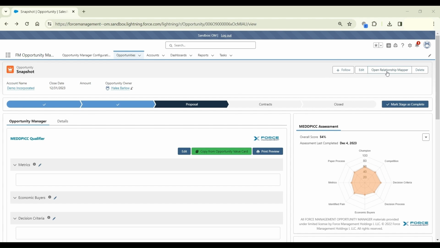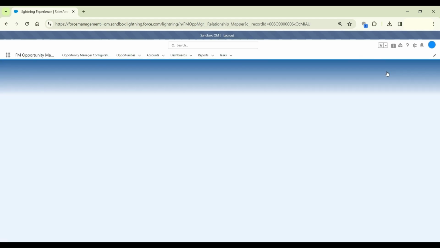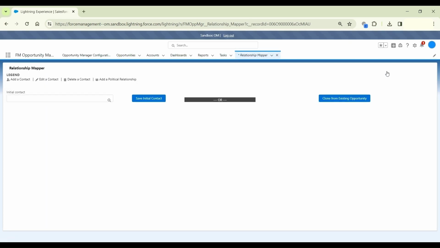I'm going to start from any open opportunity within Opportunity Manager and click the Open Relationship Mapper button in the top right corner of my page. If you do not have this button available, you may need to ask your Salesforce administrator to add it for you. The first thing I'm being asked for is an initial contact, or if I'd like to clone from an